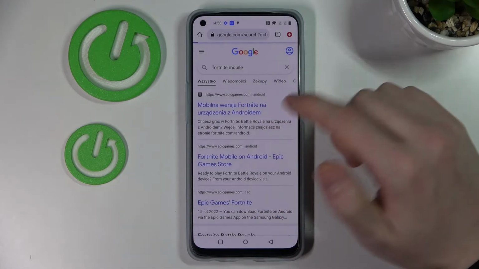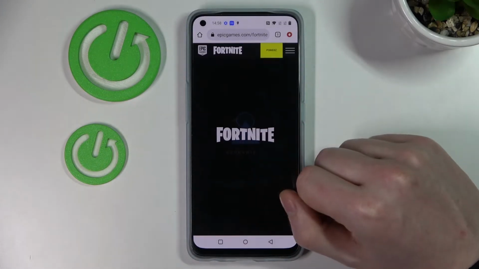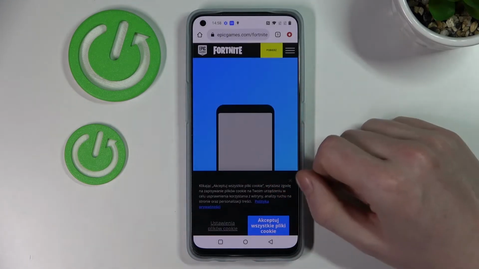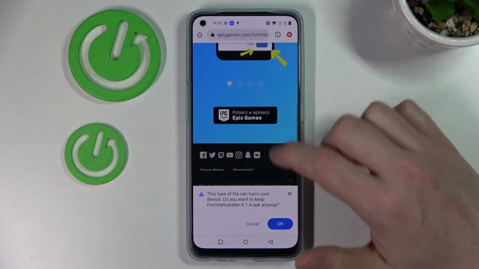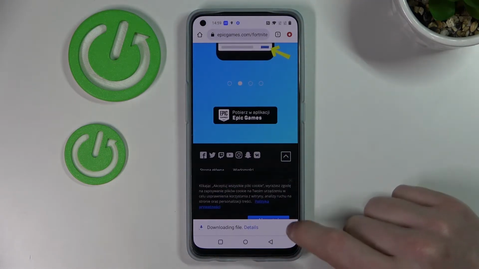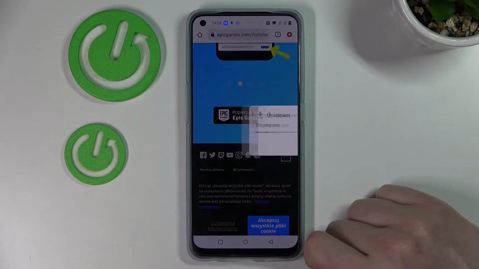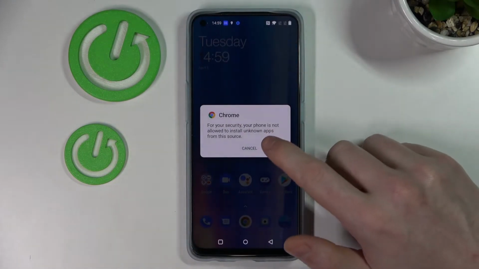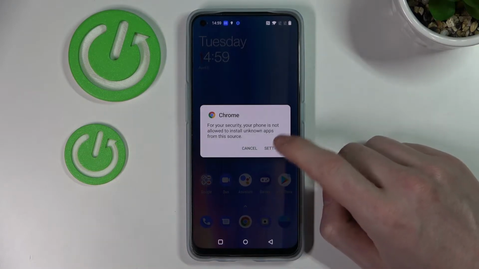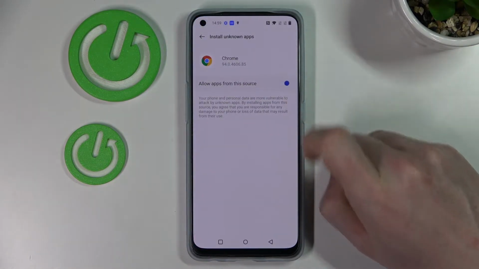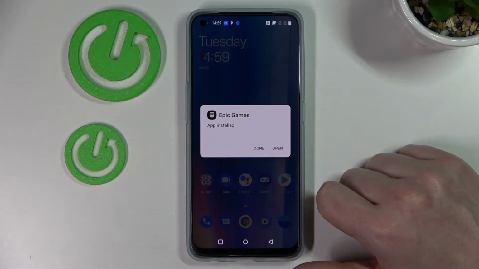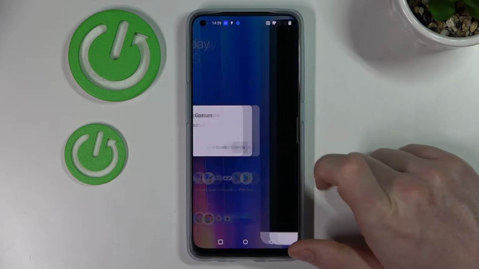Now click on the first link that is shown right here and click in this Epic Games logo right here. Scroll down and wait till you see the window like this. Press OK. When it's done, we can open the file, and the phone might ask you for permission to install unknown apps for the Google Chrome. So let me just grant this permission and install the app again. When it's done, we can open the app,